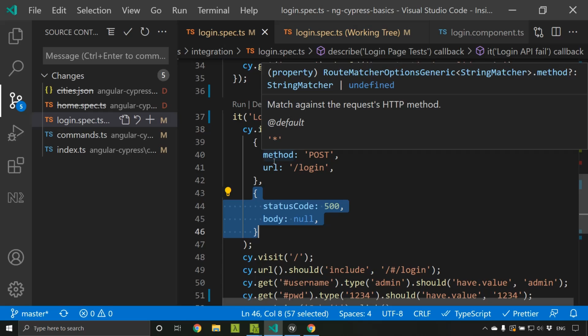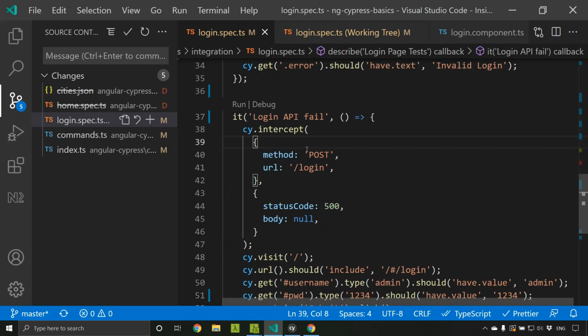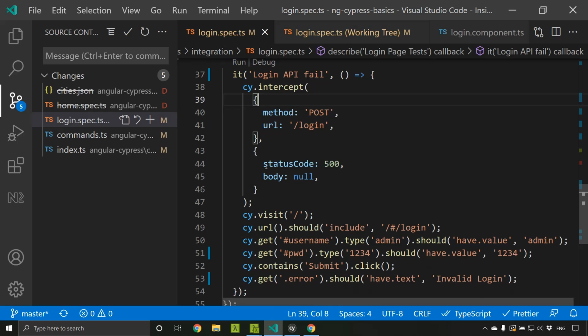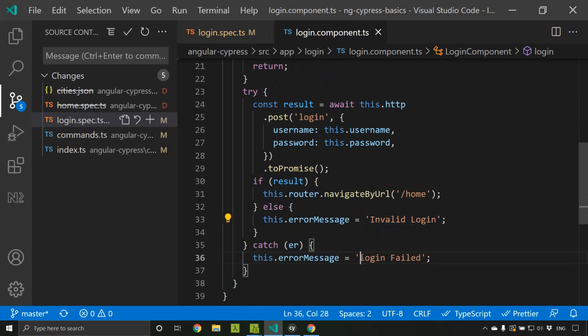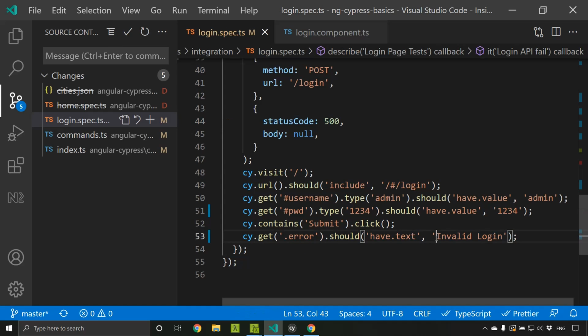So here what I have done is I have defined the method as post and the URL as /login, and here the status code is given as 500. So it indicates an error scenario in the server, and I am returning a body as null. So now when I go to the login component, we have an error message called login failed. So I should be receiving that particular error.